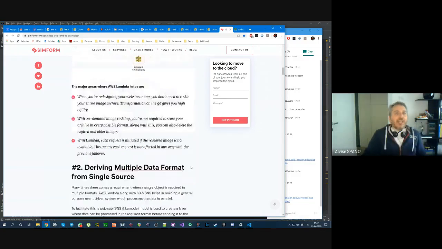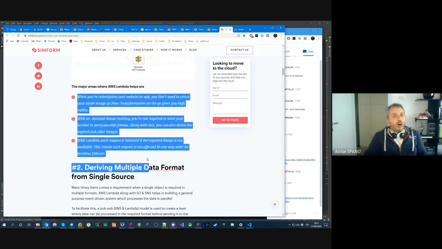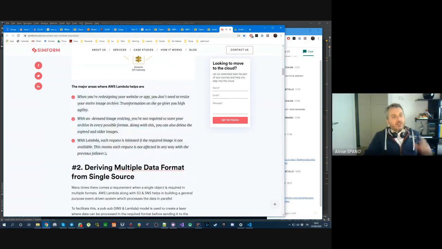This is an interesting list of advantages of Lambdas. In the last few minutes before the questions, I'm going to read and explain those for you. When you are redesigning your website or app, you don't need to resize your entire image archive. Transformation on the go gives you high agility. What does it mean? It means that Lambdas are